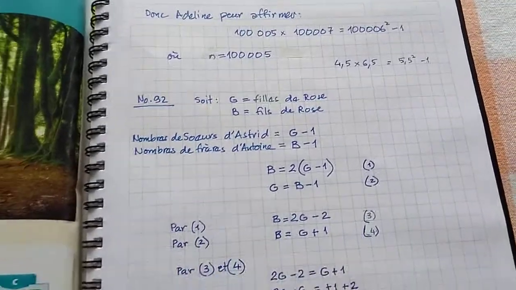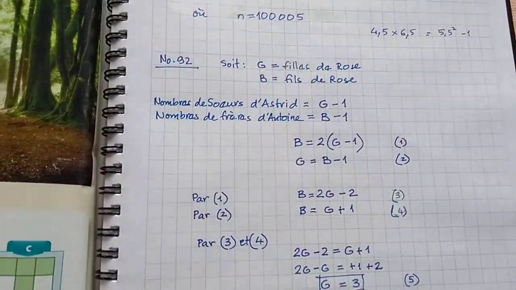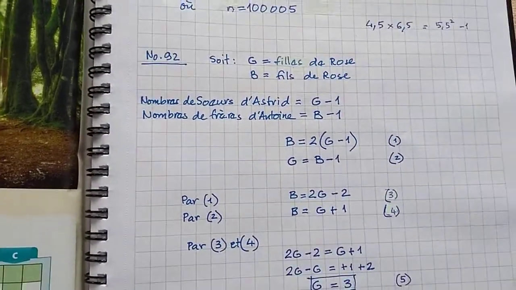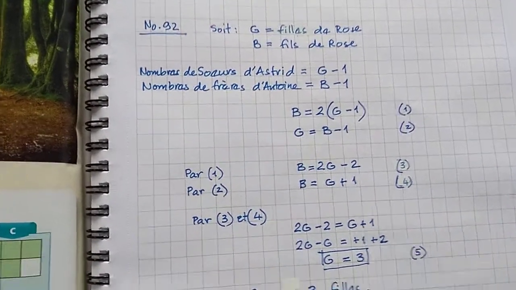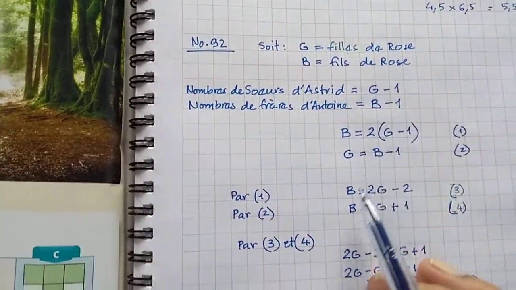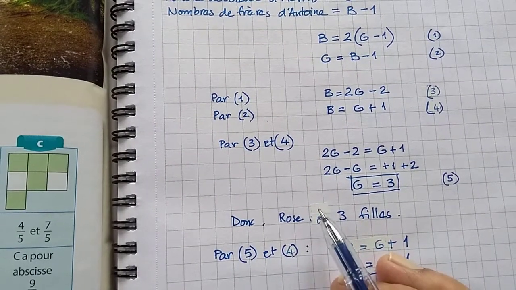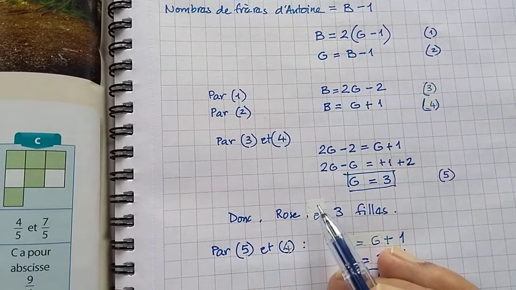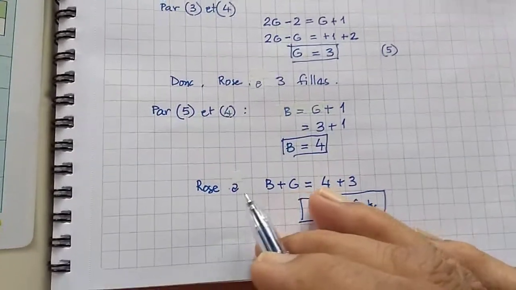Okay, before we start the new chapter, I just want to correct one minor point in the last video that I showed you, where I solved the problems and showed you how to write them. In this one with the children of Rose, fée the rose, fils de rose, I had written here, donc Rose a trois filles. I had put an accent grave on the a, now I have removed it. That is my mistake. In the video it's there, I feel a little ashamed about that.